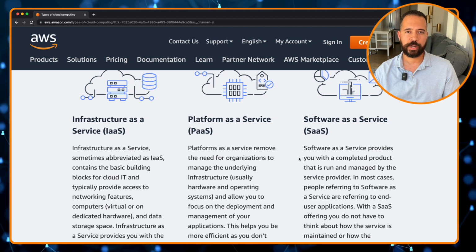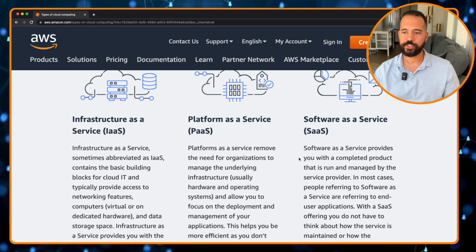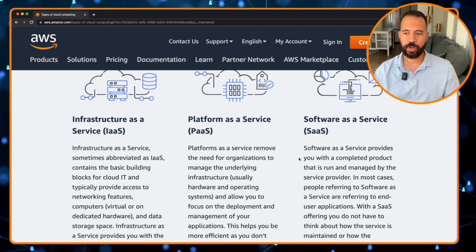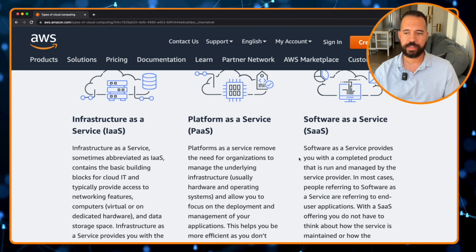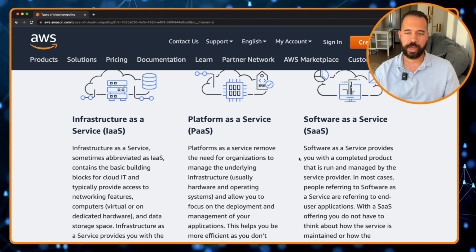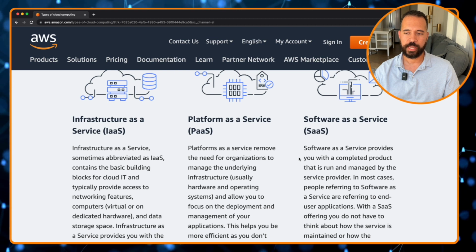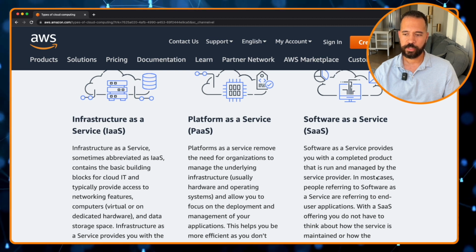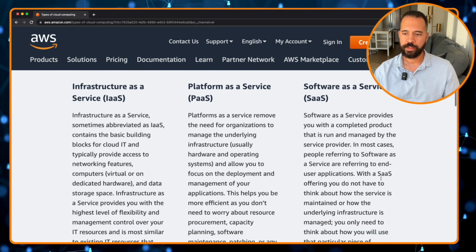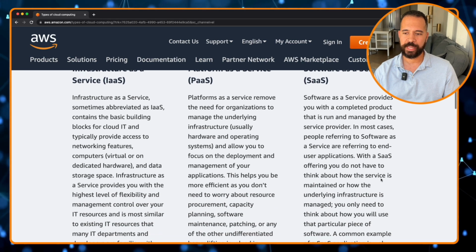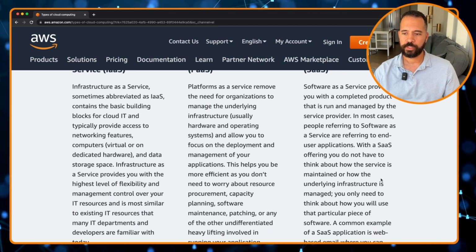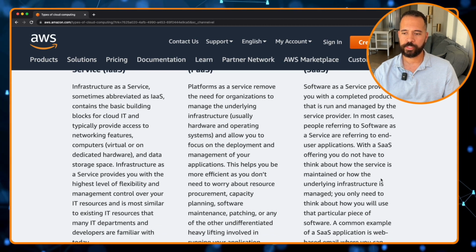Now, let's look at the third type of cloud computing. That's software as a service. Software as a service provides you with the complete product. The running and managing of that product is strictly dealt with by the service provider, and you just consume that particular service, whatever that happens to be. That underlying service is maintained by your provider, and you only need to worry about, not a whole lot.